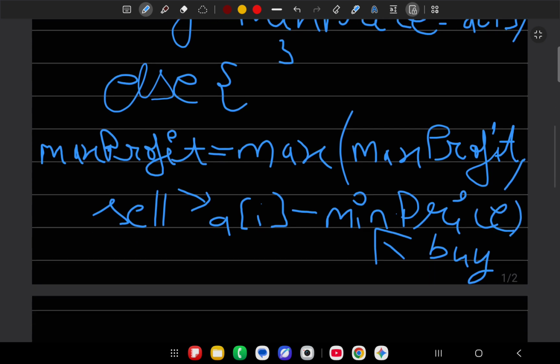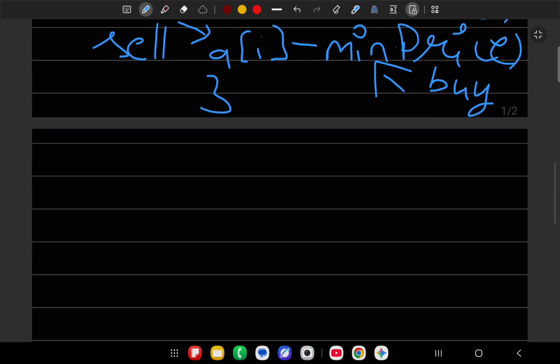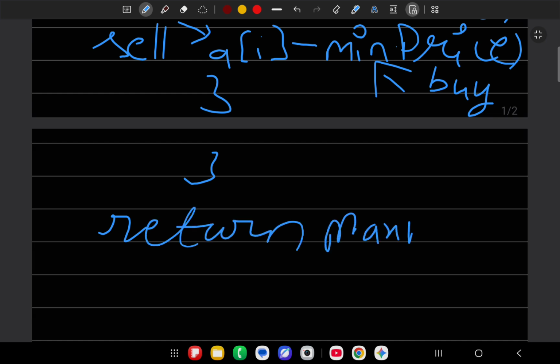That is for the else condition. At the end, just close the for loop and return the maximum profit, max profit.